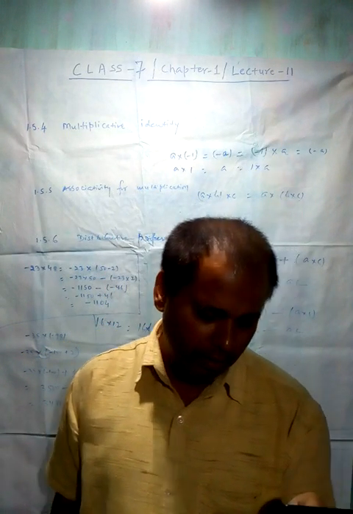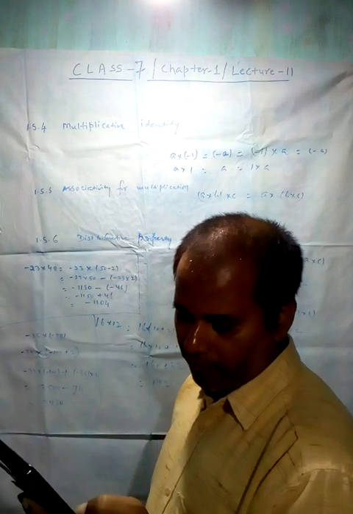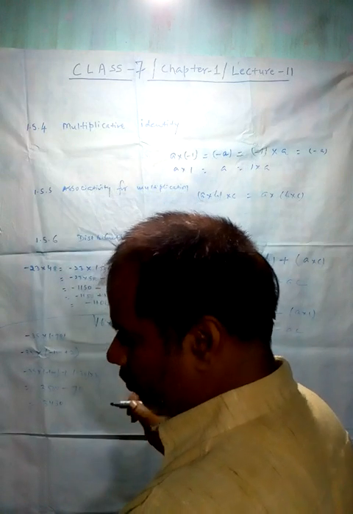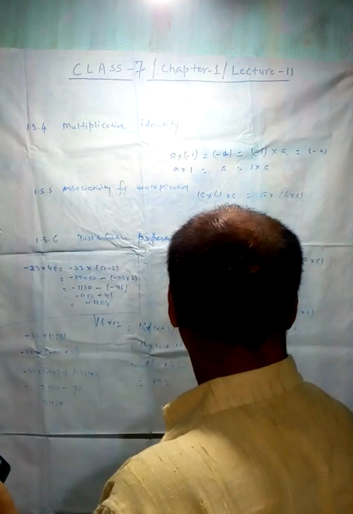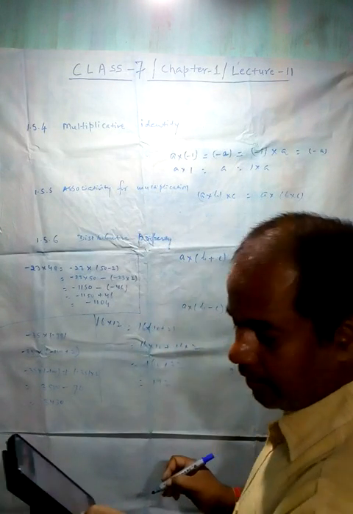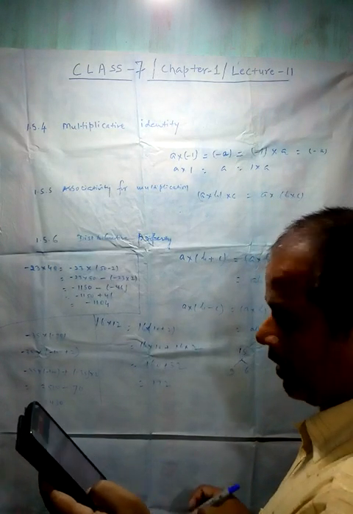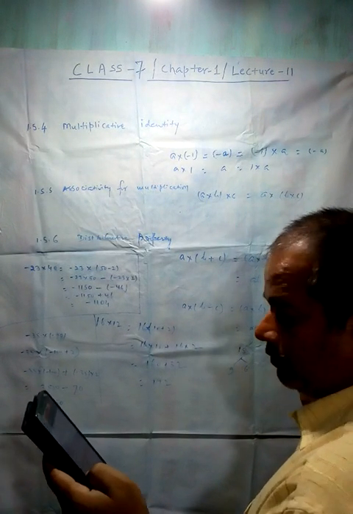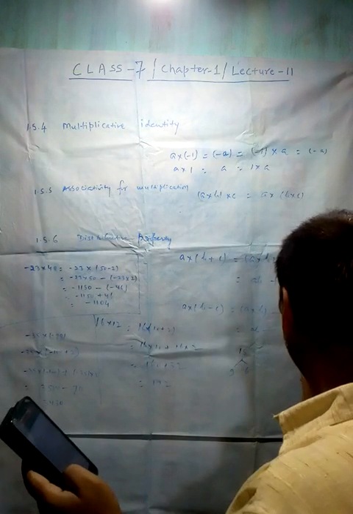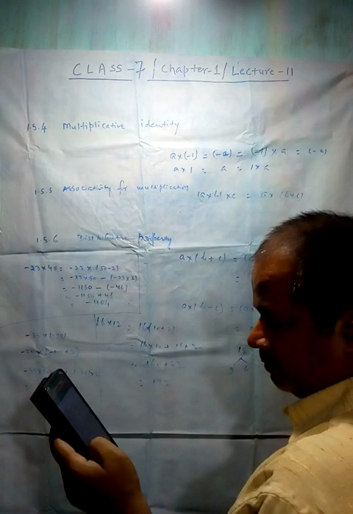So in part 1, Gurpreet attempts all questions, and only 9 of her answers are correct. There are 15 questions. Out of 15, 9 questions are correct. That means 6 questions are incorrect. And second question, one of her friends gets only 5 answers correct. That means incorrect answers are 10.